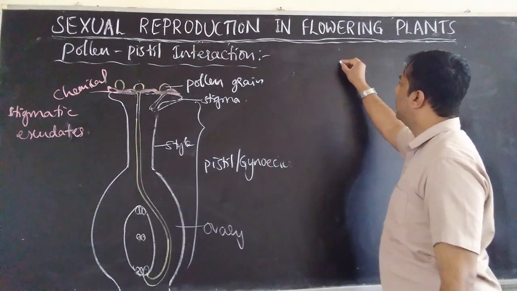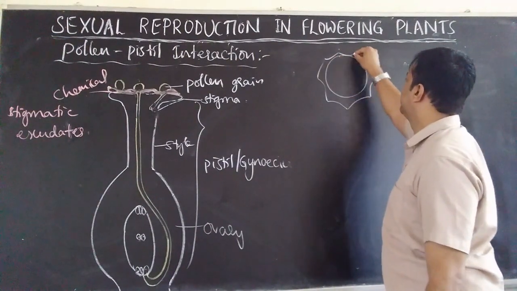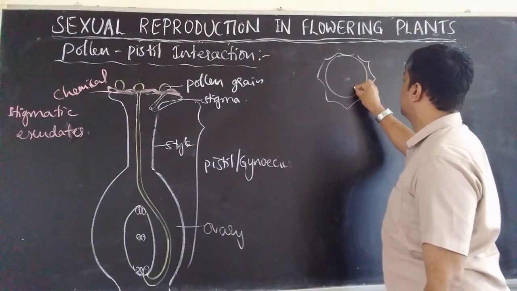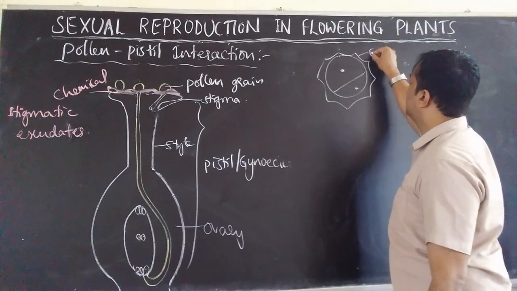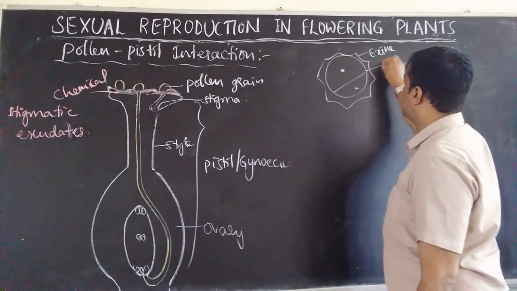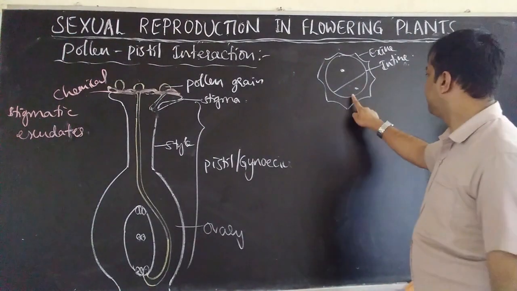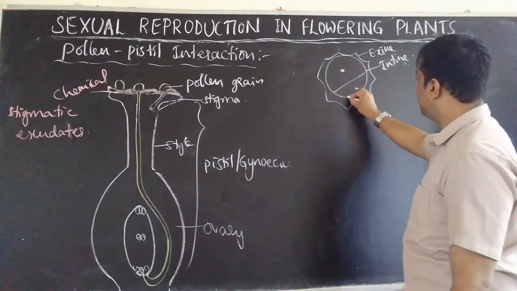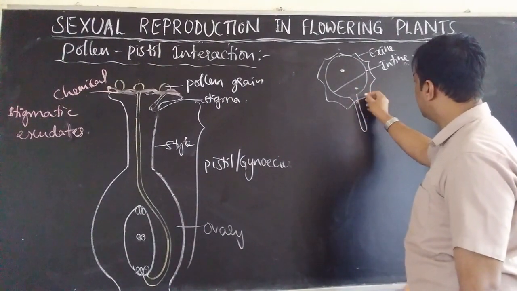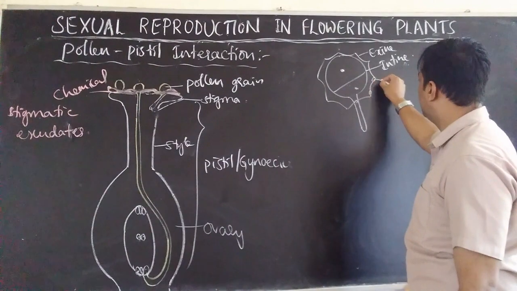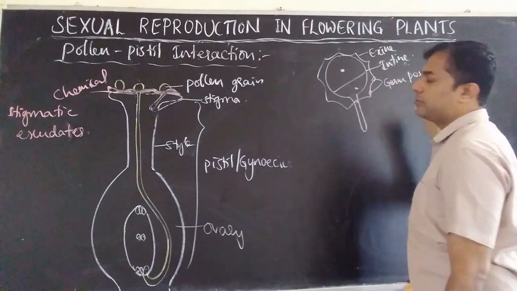So once the pollen grain produces the pollen tube... The outer wall of the pollen grain is called exine, and the inner smooth layer is called intine. Then when the pollen grain produces a pollen tube, it produces it like this. Here one opening will be there, that is called a germ pore. Here and there the openings are called germ pores. The name itself says it is required for germination.